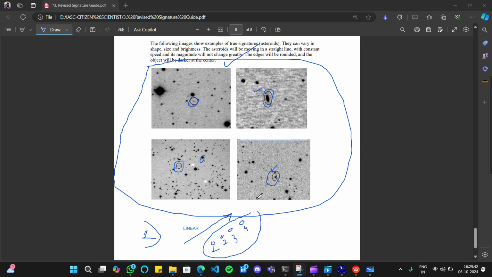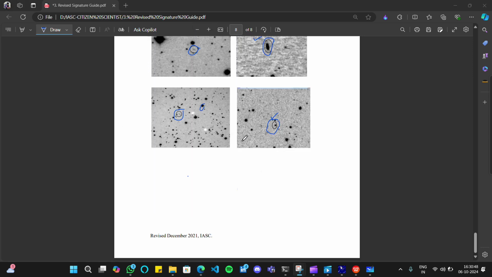If they behave like this, they are definitely an asteroid. Sometimes you will see that the first image is here, the small dot is there, then the second is here, then the third is here, and the fourth one gets inside the grid itself and is not visible. So it is not an asteroid.